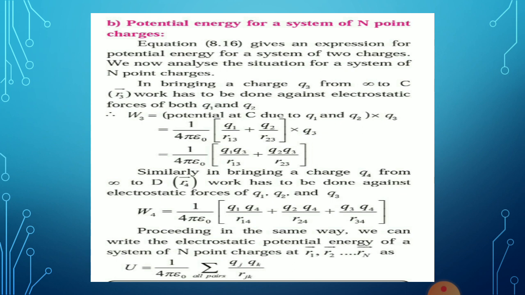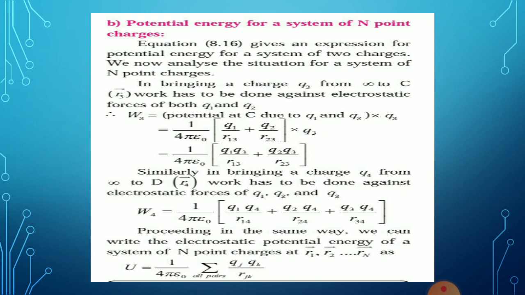So from this equation, we can write W3, that is the work done to bring a unit positive charge from infinity to point C. We can write W3 equal to 1 upon 4 pi epsilon 0 into bracket Q3